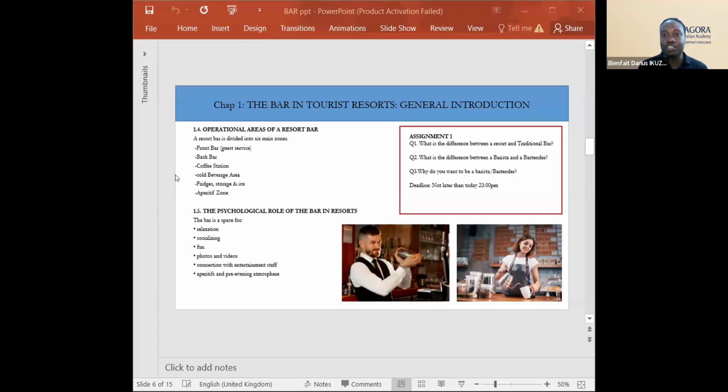Sometimes we do have the fridges in the back, like in the stock. So this is where we put everything that we bring inside the bar. Let's say we serve 150 to 250 people per hour. It means that not everything can be kept at the bar, because at the end of the day we will end up serving 500 people. So we need a backup fridge, and those fridges are actually in the stock. So everything has to be there.